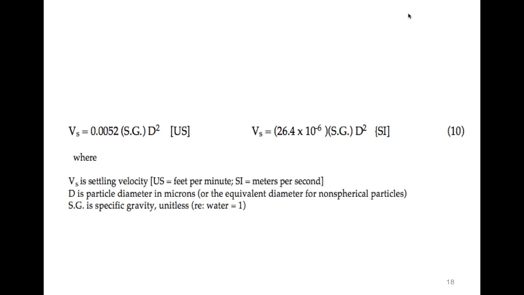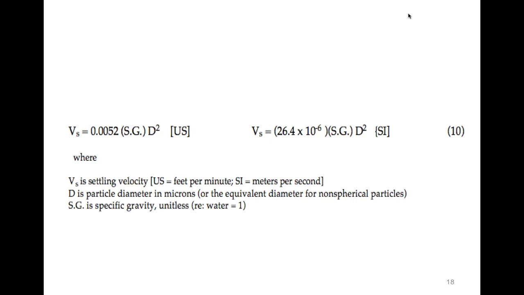So we're going to use some formulas for calculating. In this formula, Vs is the settling rate of a particle. D is the diameter in microns of the particle, right? Then we have a constant, 0.0052, and specific gravity. SG is specific gravity, which is unitless, and water is 1. So if it's an aerosol or something like that, if it's water, then basically we don't multiply it by anything. If it's some other substance that is denser or lighter than water, then we would use it there.